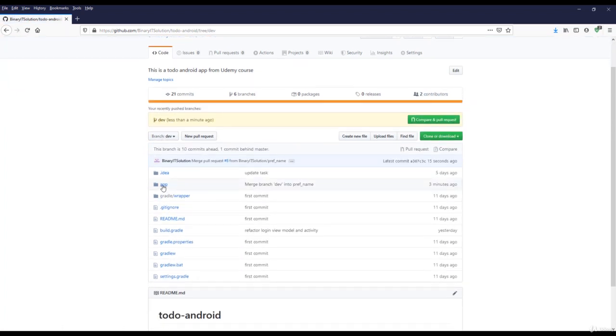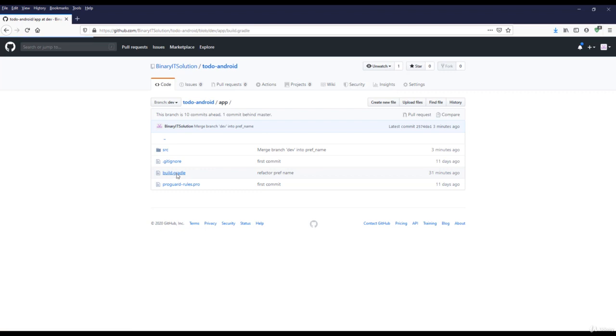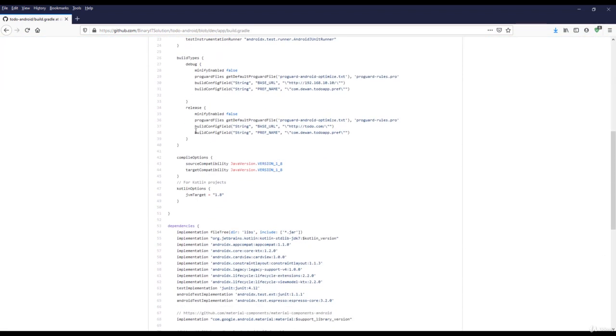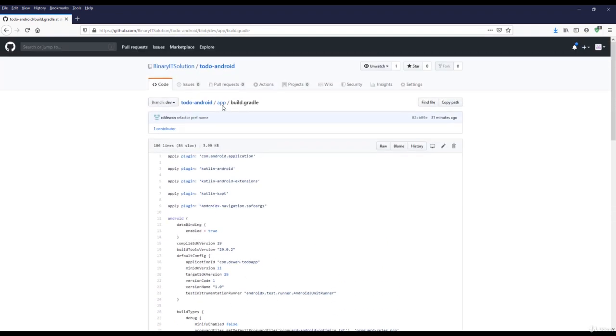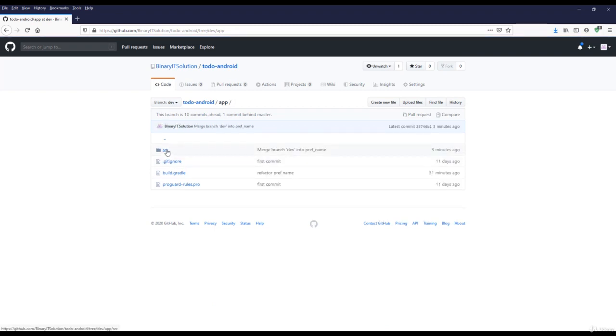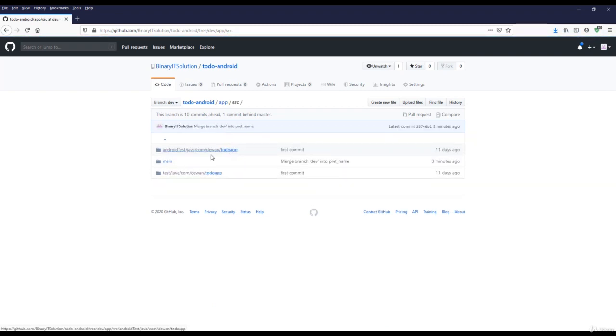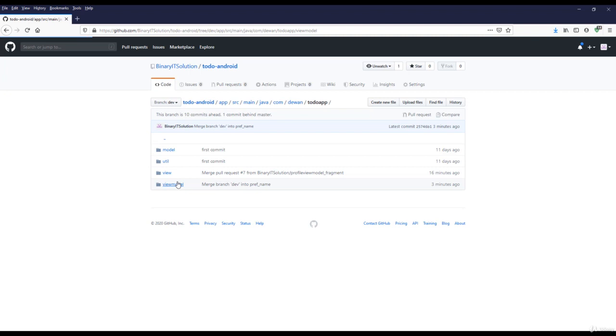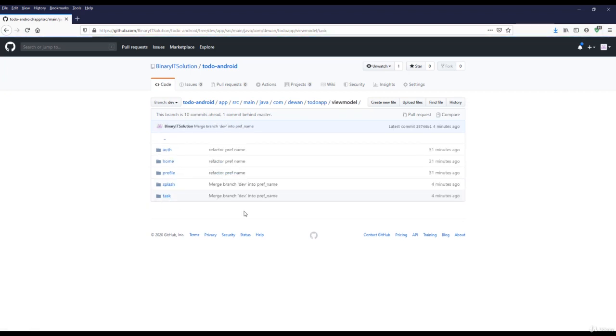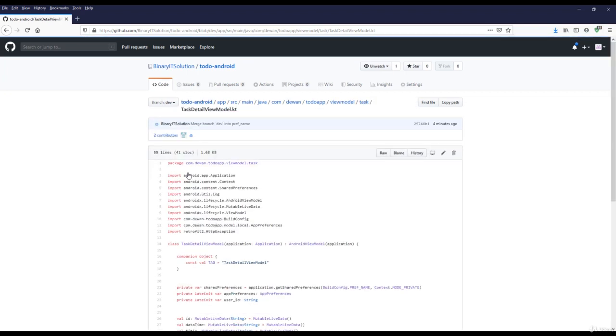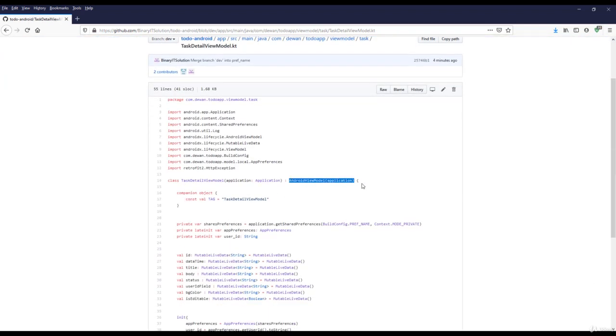In the dev branch, let's go to the app section and see the latest change that we have added. The build config is already there, which we added in the latest branch. Also, if you go to the app, then src, then main, and in the to do app, let's go to the view model. The latest change I have done is in the task view model, where I have made use of an Android view model and a build config. That means all of the changes that I have previously done have come together with the latest